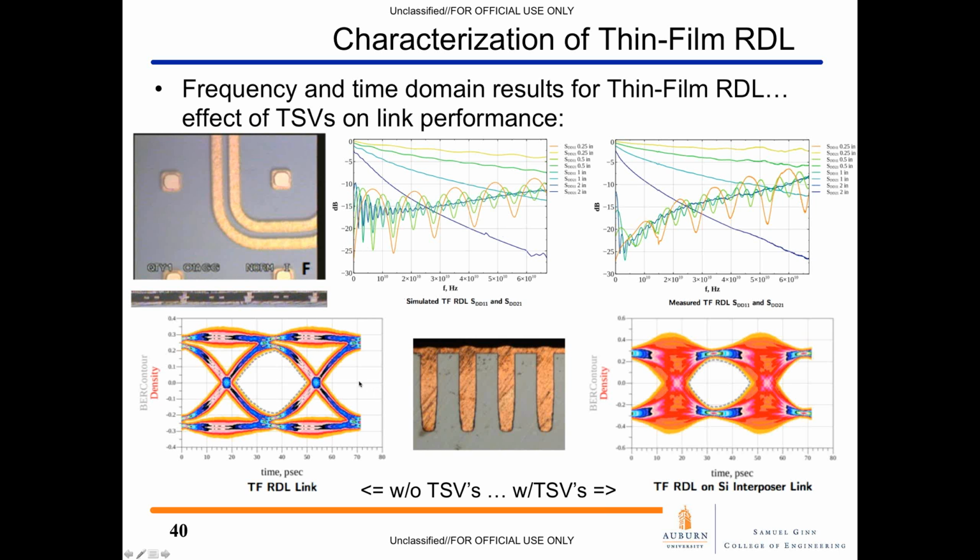We've also got time domain measurements and simulations for this. In this particular case, we're looking at the impact of inserting a TSV into the signal path. On the left, this is the eye diagram for that redistribution layer link without TSVs. And on the right, you can see we get some phasing issues that are leading to a degradation in this eye. It's still open and probably would still meet system performance specifications, but this would allow you to spec how many transitions you can go through before you degrade your